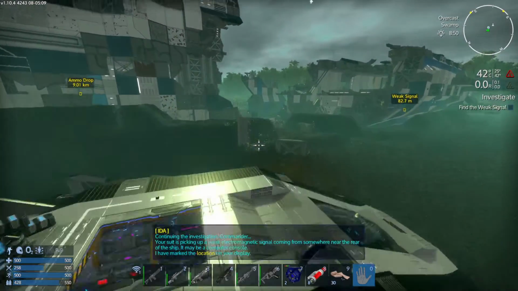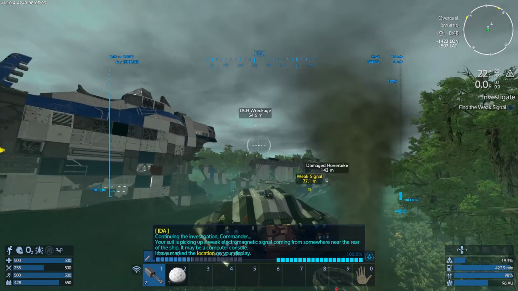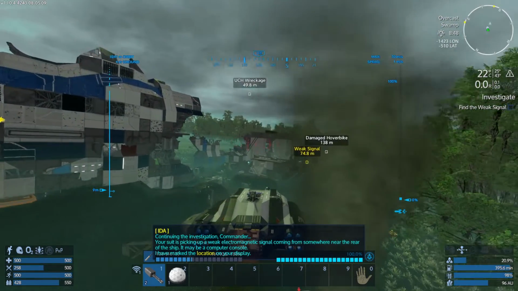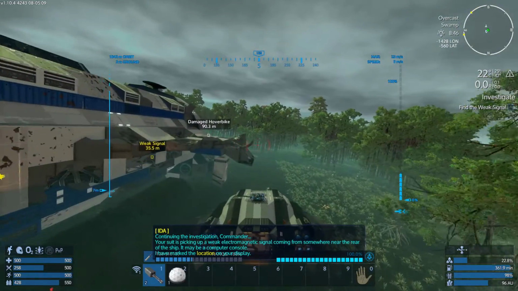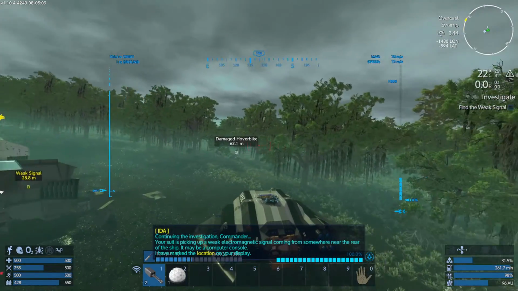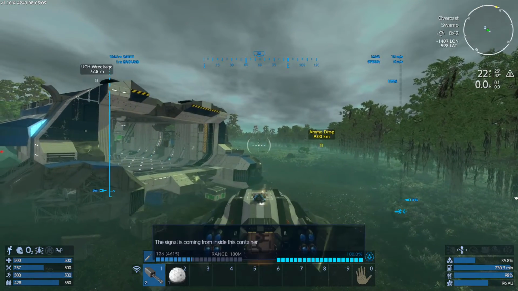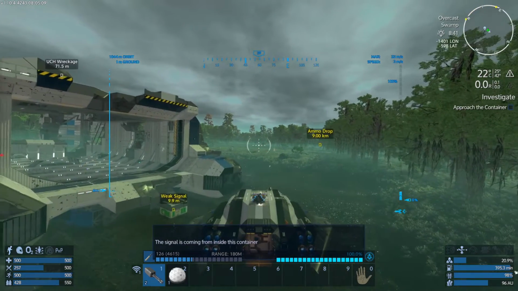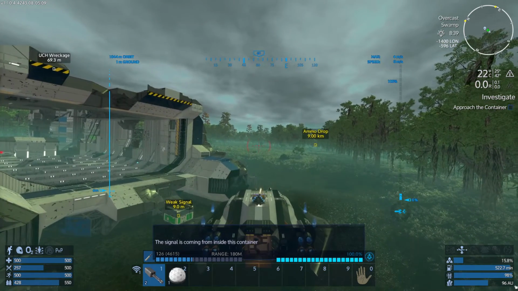Warning, threat detected. I think my turret is pretty good. Find the weak signal. Now, I'm going to keep the ship with me. And you've got the damaged hover bike over there, which is quite useful. I'm not exactly sure what this guy's shooting, but...